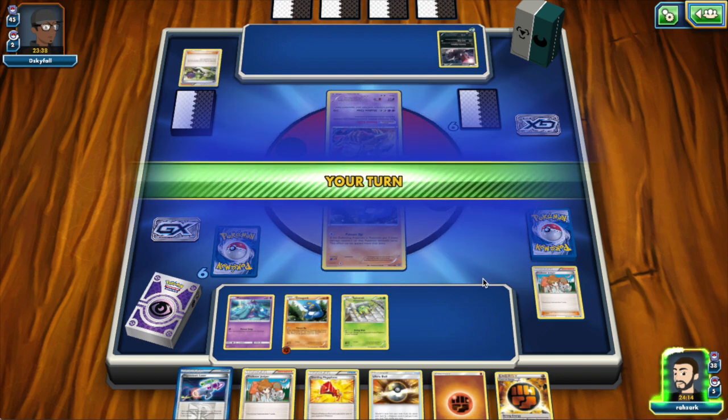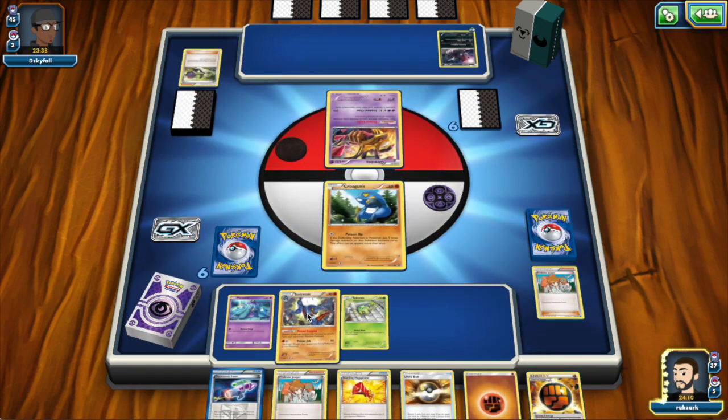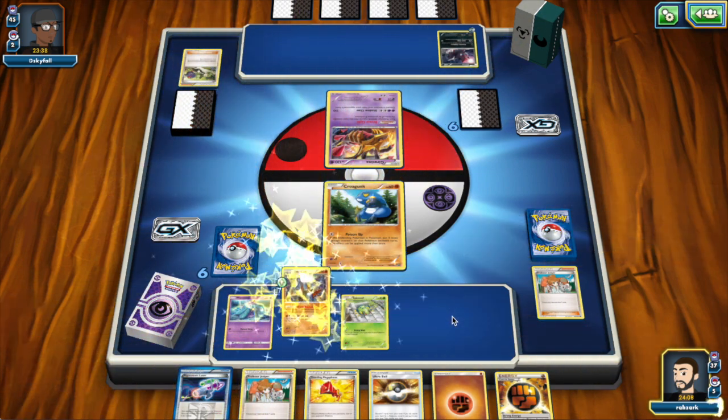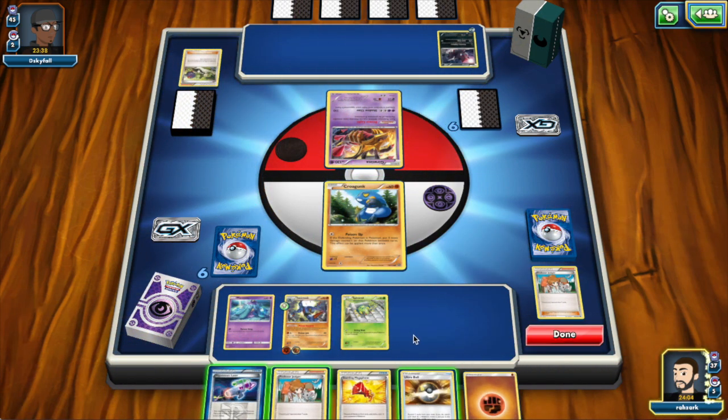Zorua is a little scary, but it is weak to our typing. So, oh, nice, we drew the frog. Let's play it on the bench. Let's attach the strong, I guess. And